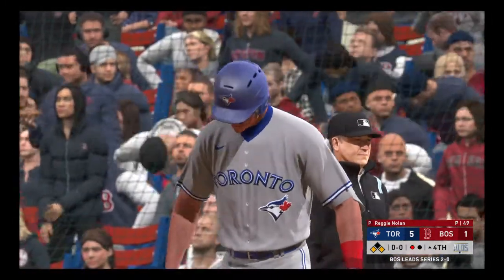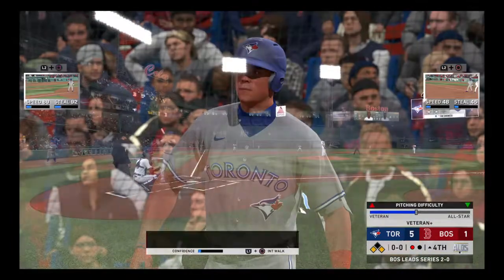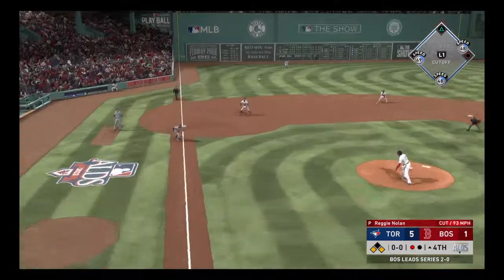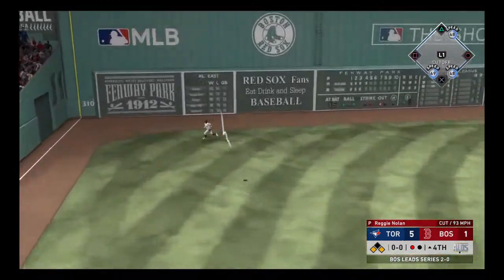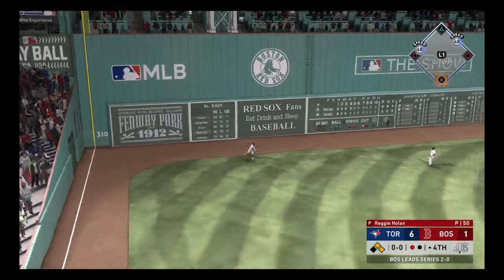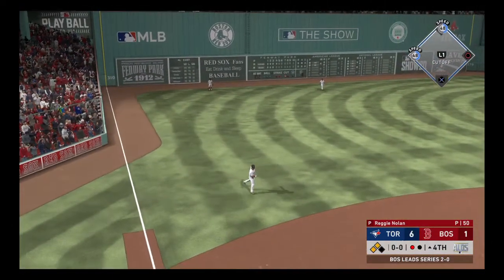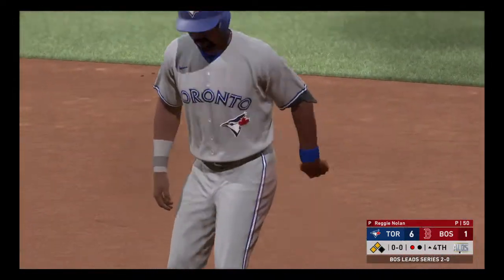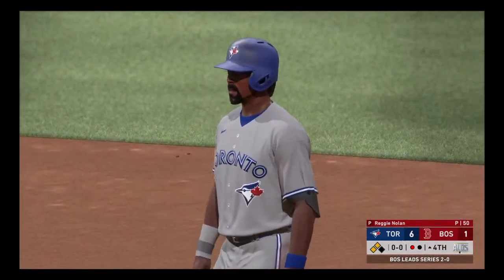Up next to the Blue Jays, the first baseman, Eric Paxton. Into the box now, Eric Paxton. He sends it out to left field. Well hit. But it bangs off the out-of-town scoreboard. Notch 1 in the score column as a runner from third crosses the plate. It's 6-1. When this thing left the bat, I thought it had 3-run homer